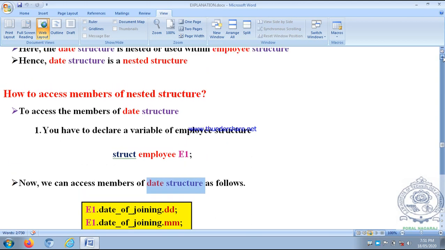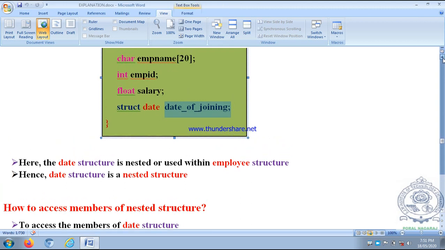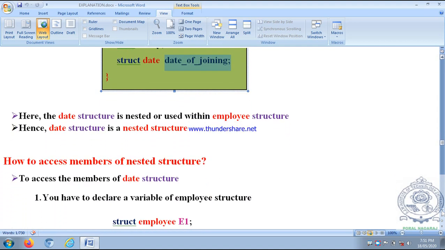What is this date of joining? Date of joining is the fourth member of employee structure. That's why we access dd, mm, yy of date as follows.